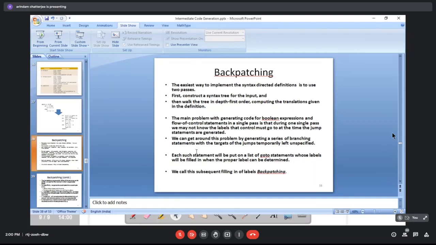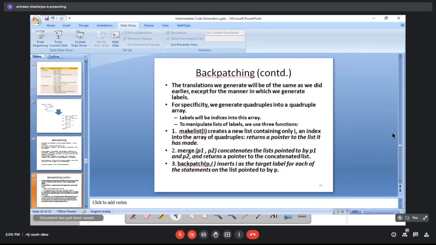So what is the easy way out? As I said, you have to bring in a marker non-terminal. And bringing in the marker non-terminal technique enables us to generate the labels in a single pass, which is known as the backpatching technique. This is very important in our compiler, in our intermediate code generator. So we'll see, it is very easy actually. But before we go to backpatching,